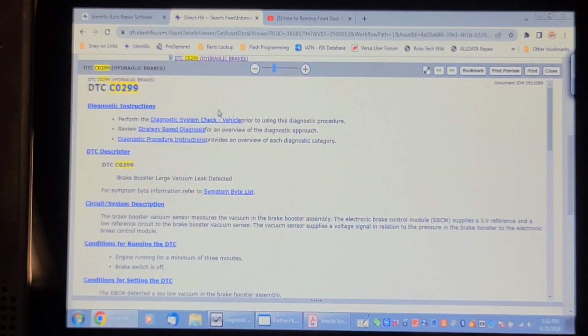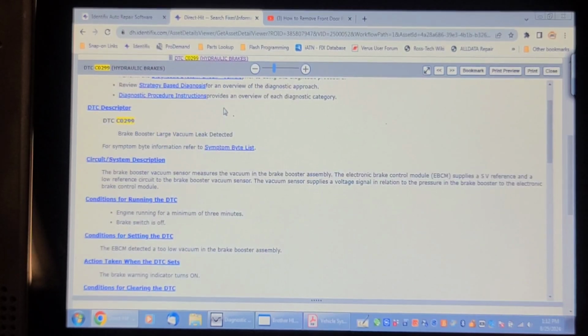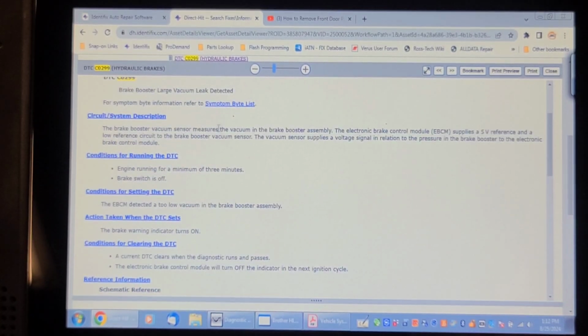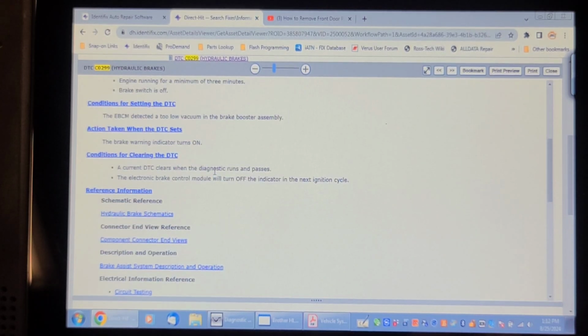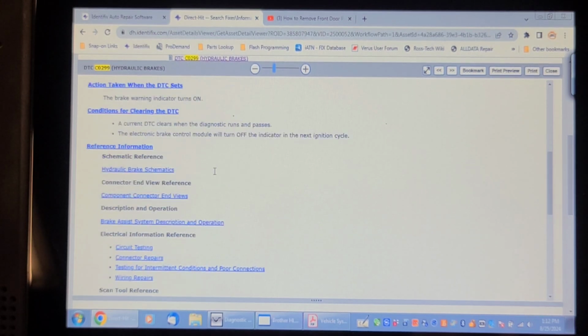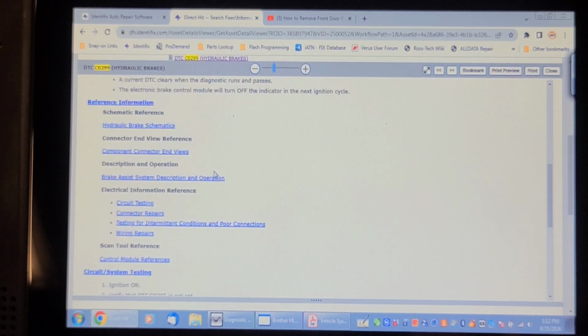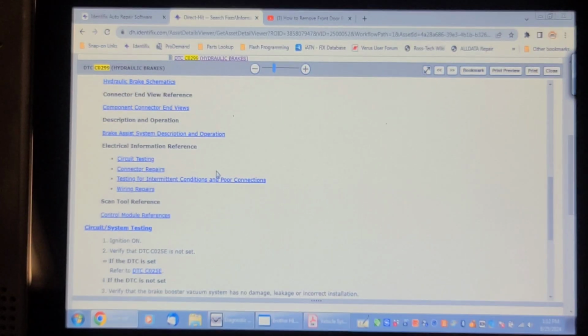So here's the troubleshooting chart for C0299, and it mentions that a large vacuum leak is detected. It basically says the same thing as the Snap-on troubleshooter does. EBCM detects a low vacuum in the brake booster assembly, but it doesn't say how low. And it turns on the red brake warning light when that condition is present. Now, he never mentioned that. He mentioned a StabiliTrak light, an ABS light. Doesn't mention anything about doing a mechanical test on the